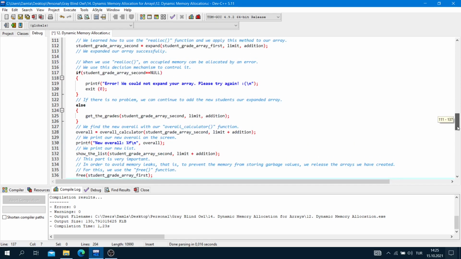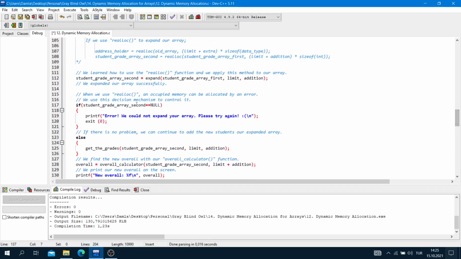And the second one is realloc. If we want to expand our array or our matrices, we have to use the realloc function, and the realloc function saves the old data, and it adds extra spaces to our array.